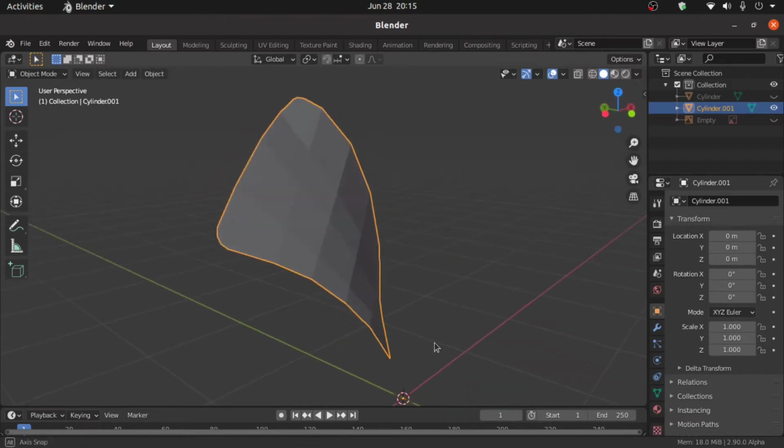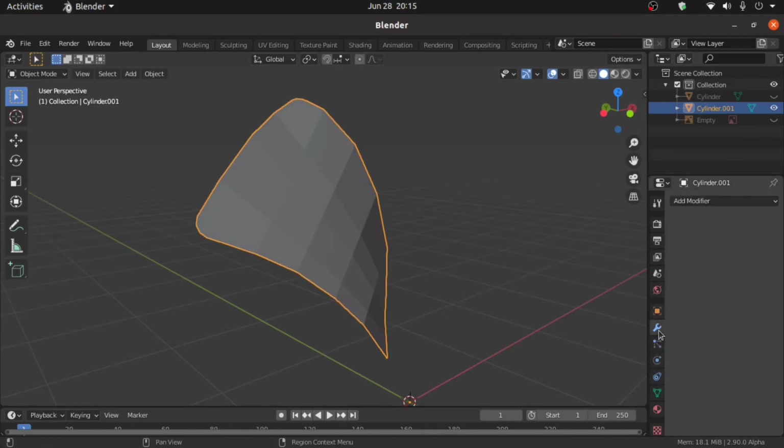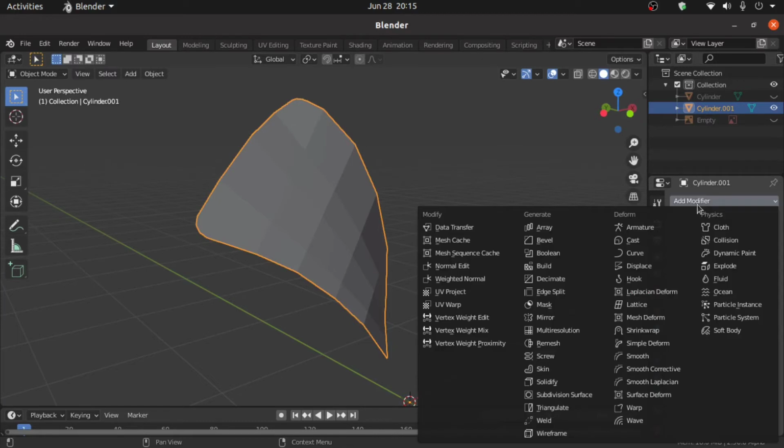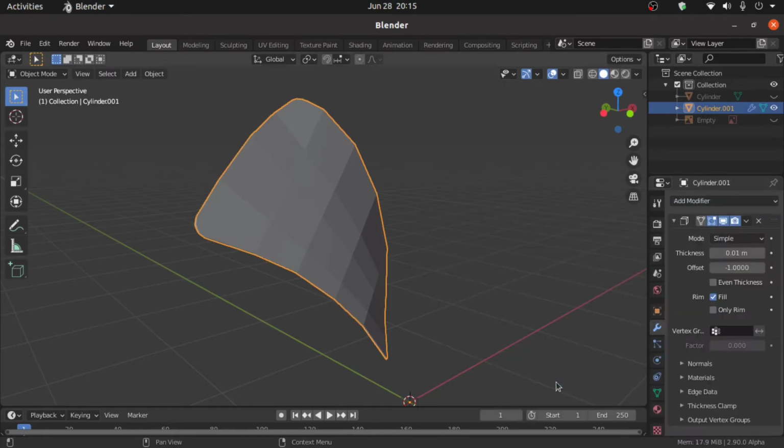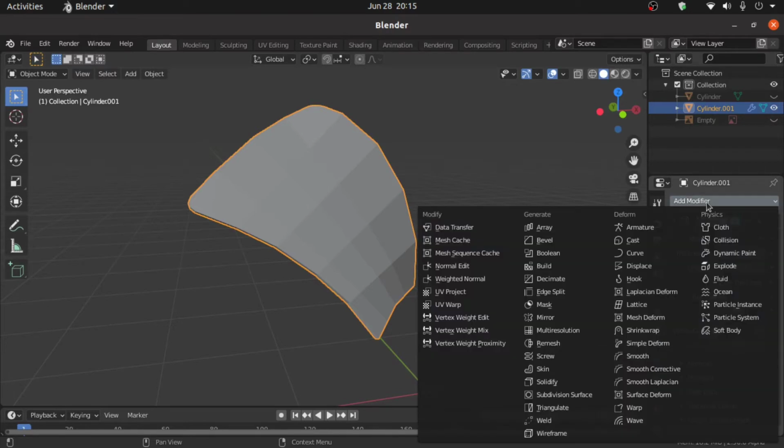Okay. Now click on Modifier Properties. Click on Add Modifier. Apply the Solidify modifier. Increase the thickness value like this. Now click on Add Modifier.